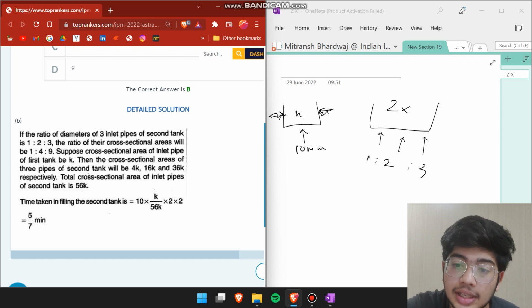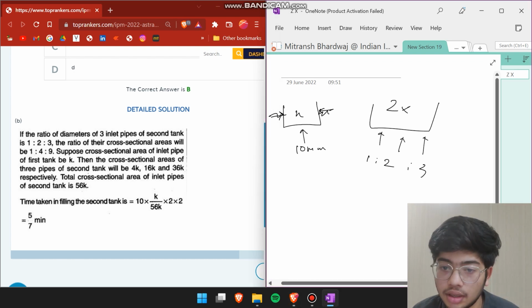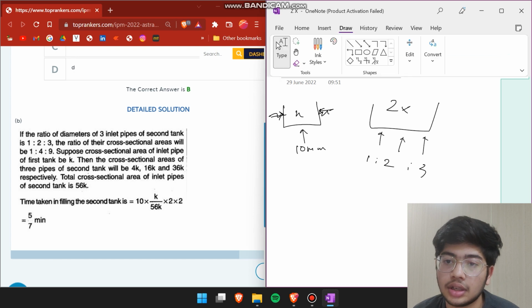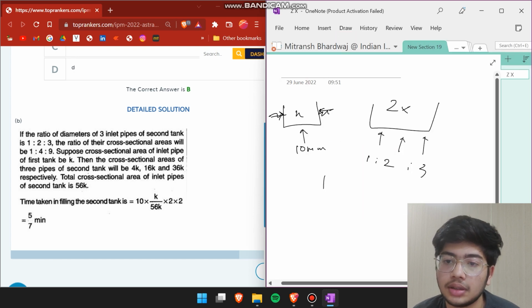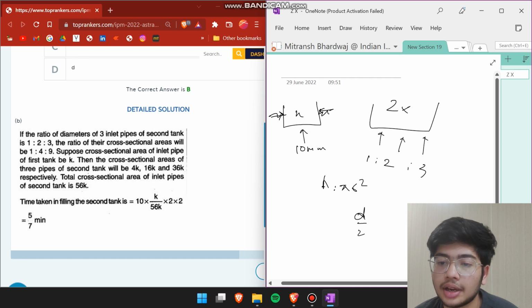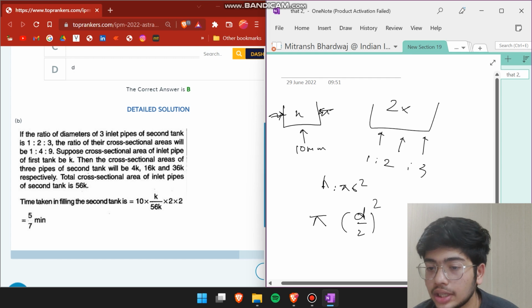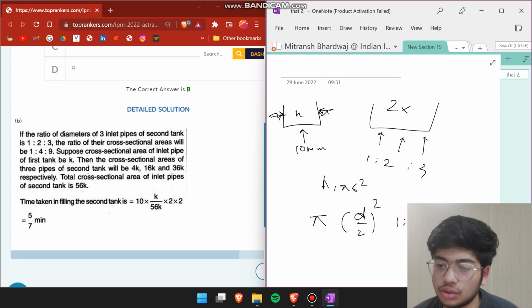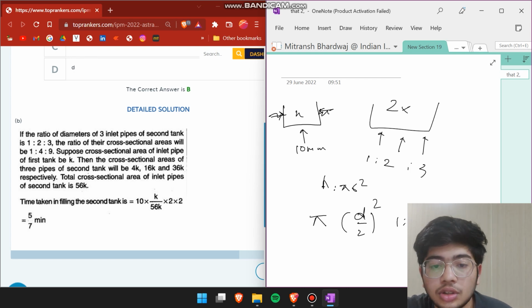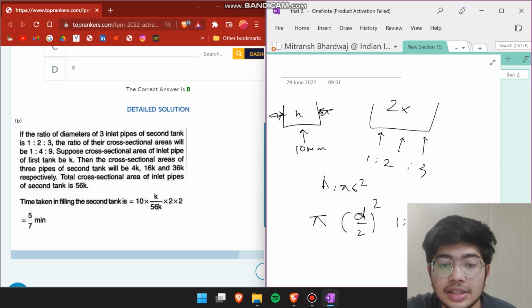तो क्रॉस सेक्शनल एरियाज, बिकॉज एरिया, हमारा एरिया इक्वल्स टू पाई r स्क्वायर, r हमारा होता है d/2, तो (d/2) स्क्वायर। तो अगर हमारे डीज 1, 2, 3 में है तो हमारे एरियाज जो होंगे उनका रेशियो होगा 1, 4 और 9। तो ये बताता है हमको। Suppose the cross section area of the inlet pipe of the first tank is A, तो उसने